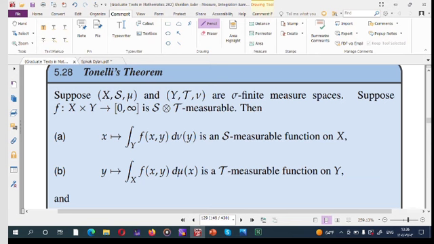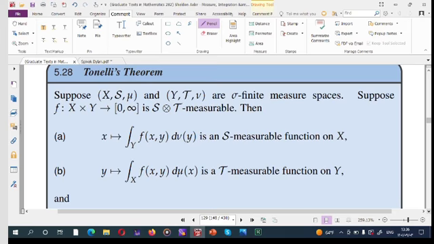This function is tau measurable. This function is defined on the domain Y. This function is a tau measurable function, and